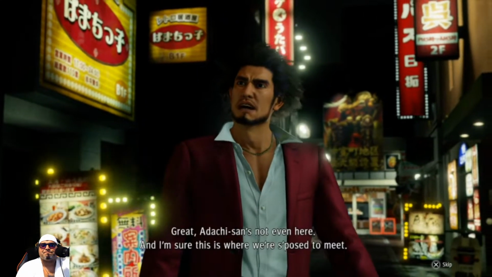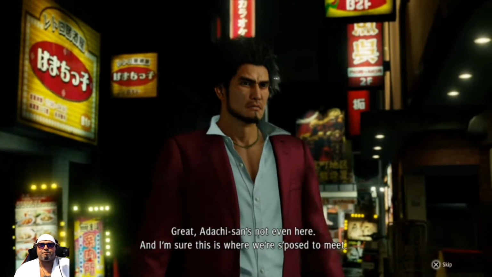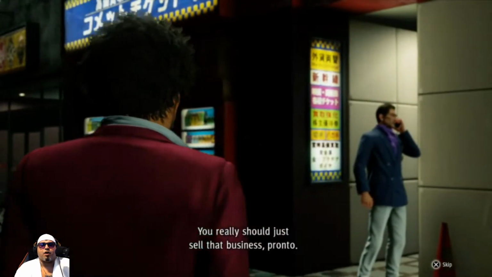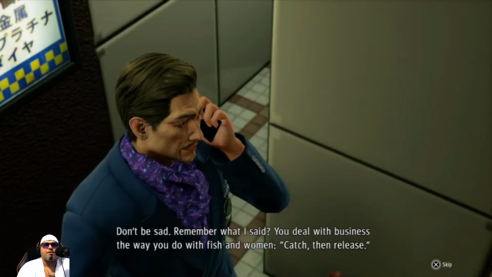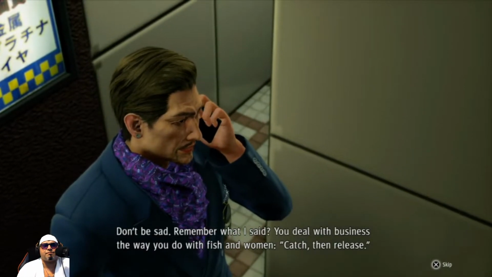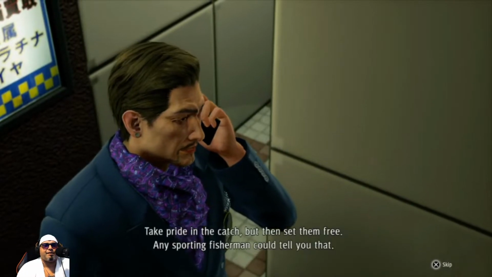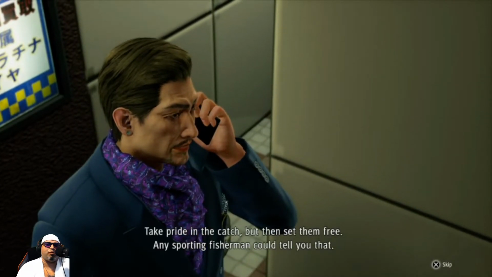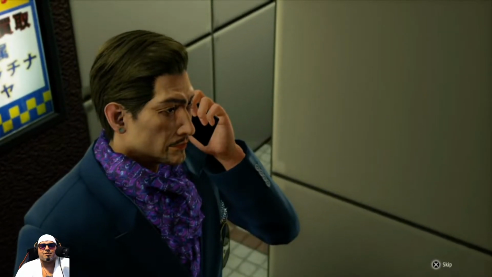And, great. Adachi-san's not even here. This older gentleman came in. When he came in, it was 2 minutes till 11. He stated that his appointment was at 11 o'clock.